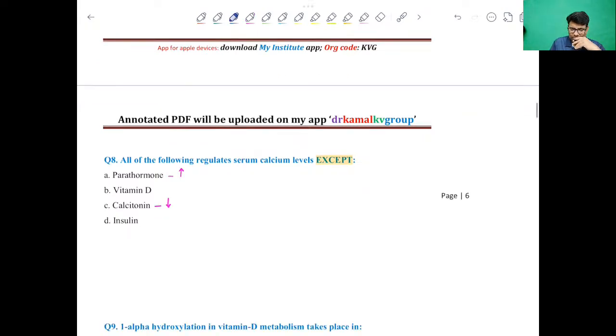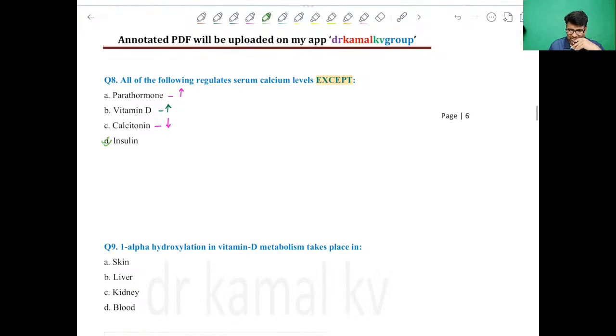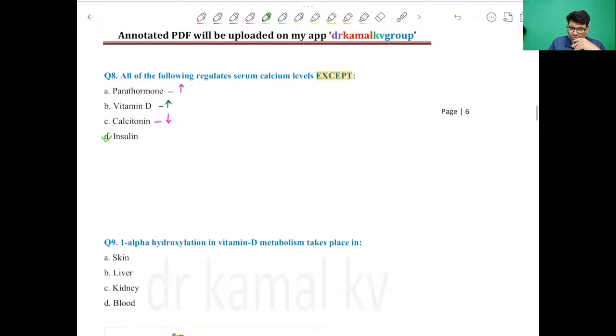And vitamin D, yes, it will increase. So the option comes out to be insulin, and insulin has nothing to do with calcium levels. It is interested in managing the blood sugar levels, right? Then the next question is about